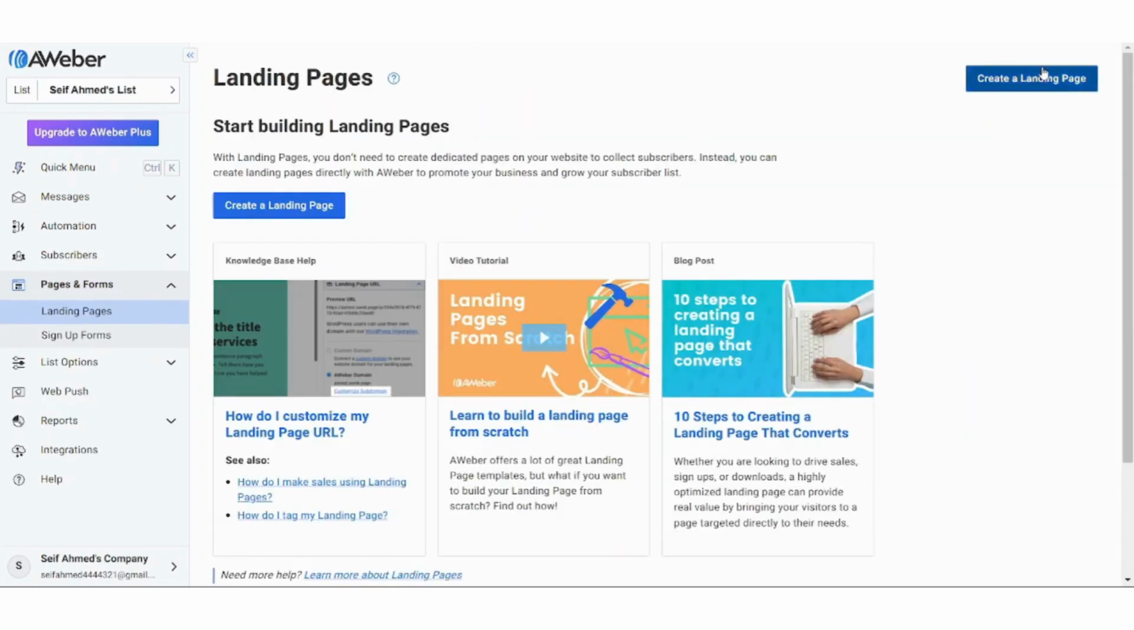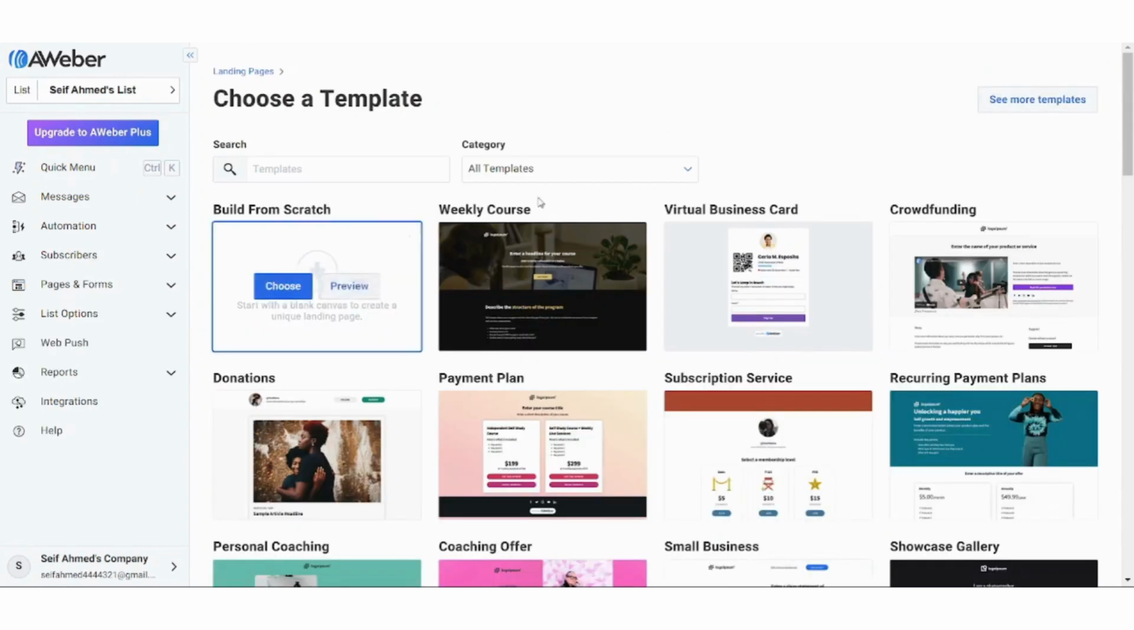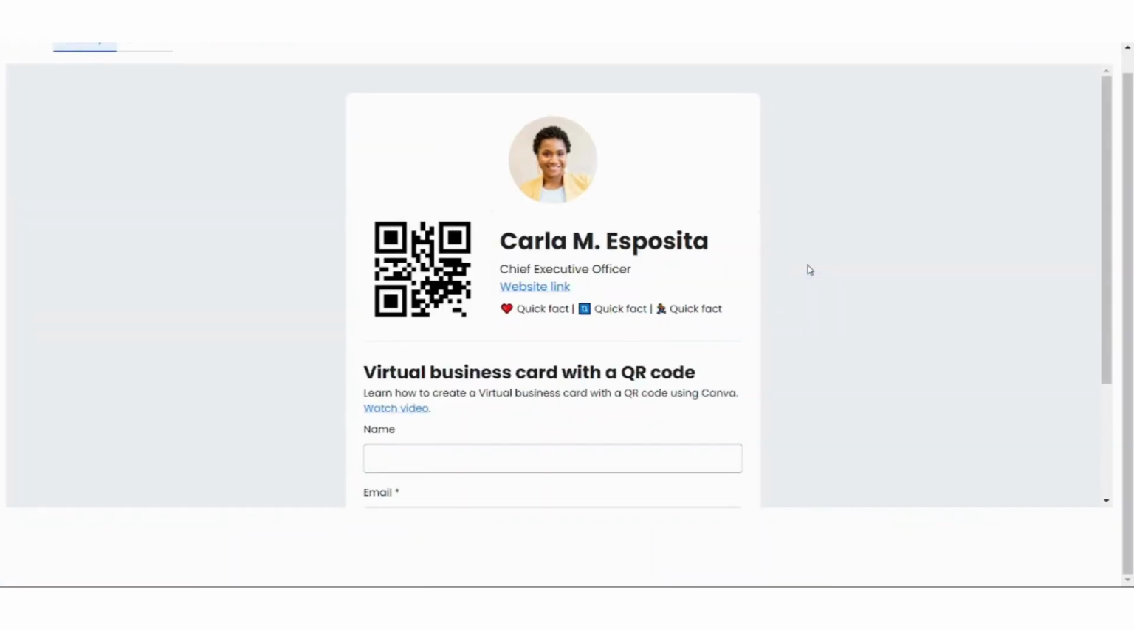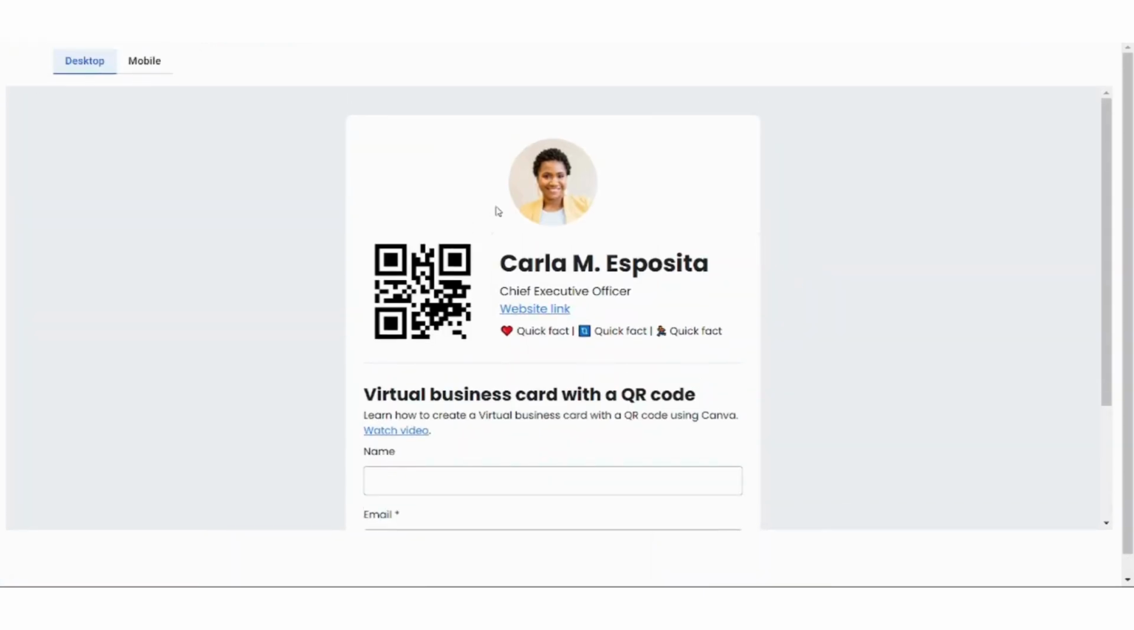And now I will go to create a landing page and press on it. Then I can either start my template from scratch or I can use one of these templates. So let's say, for example, you want to build your own business card. So I will pick this template. You can also preview it before choosing it. So if you liked it and if you are satisfied, you can just